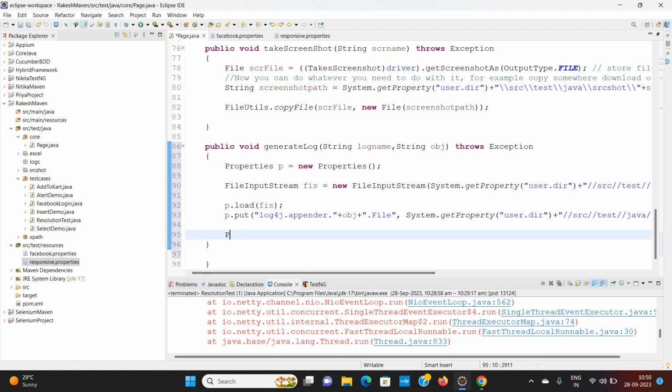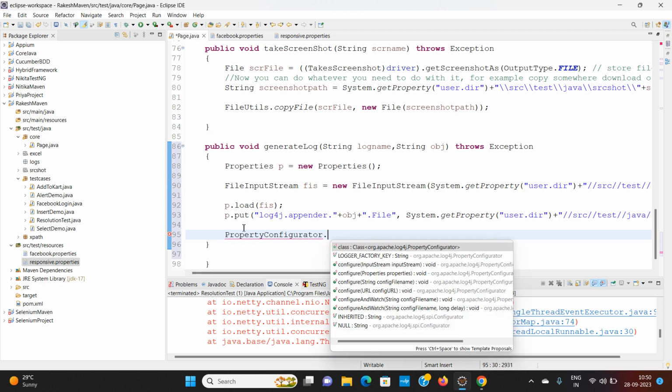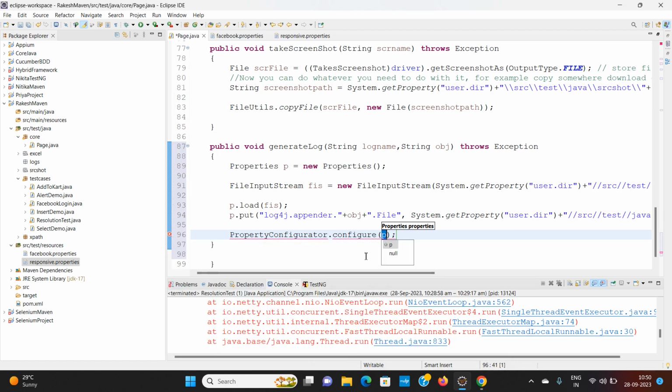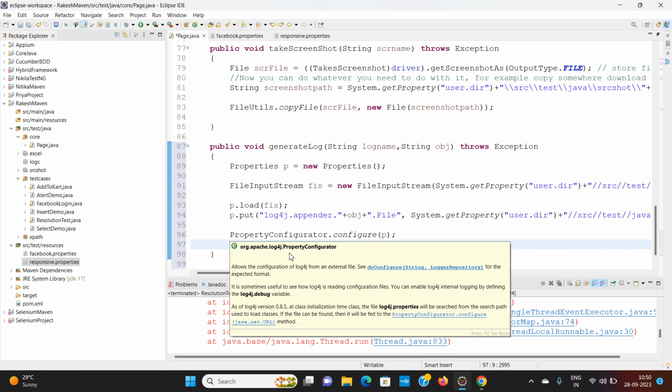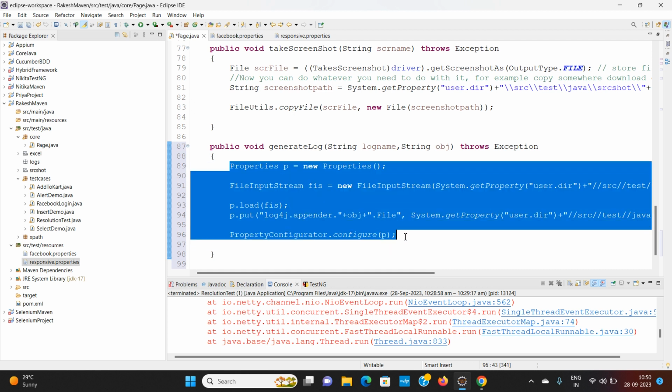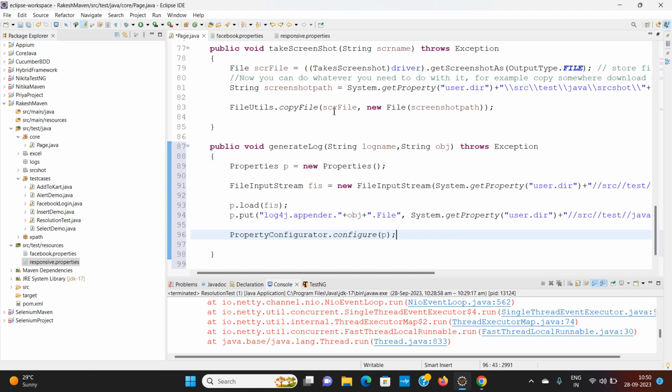And last thing is PropertyConfigurator, again it is coming from Apache log4j, which will configure this properties file. Or otherwise, you can just write it 3-4 times and you can learn this code. Understanding is also important, because if some person asks you to explain what is the code, you can explain, sir,